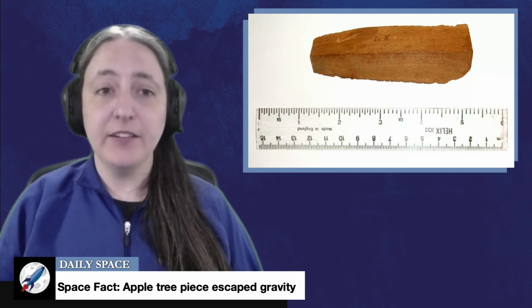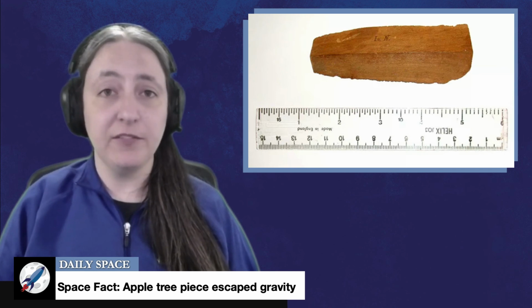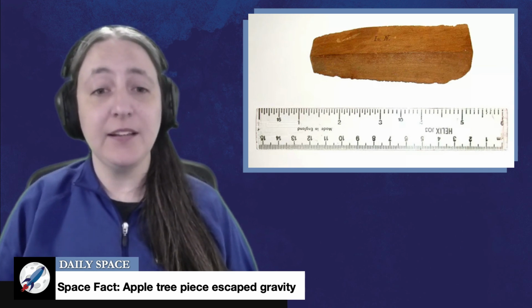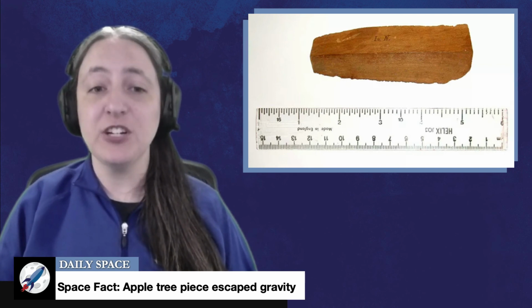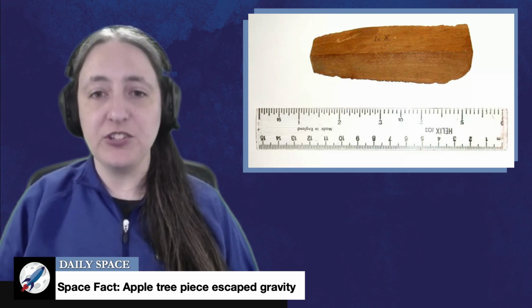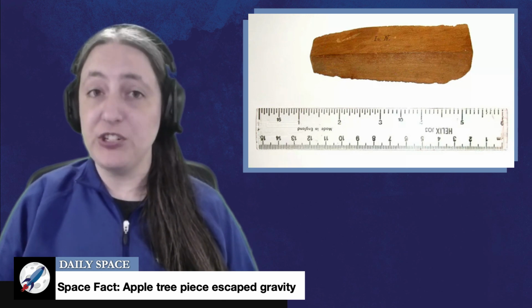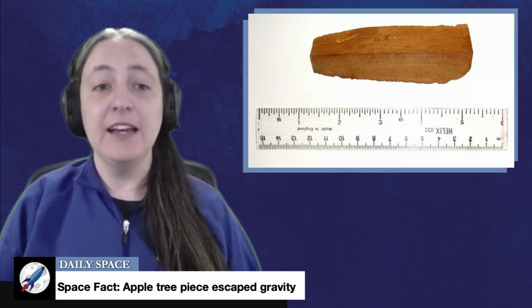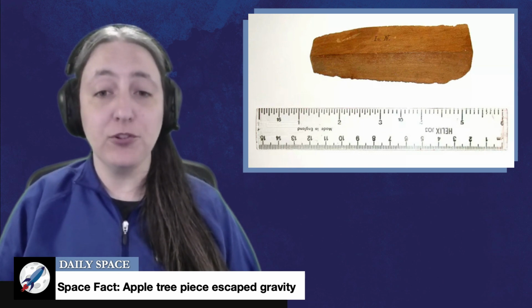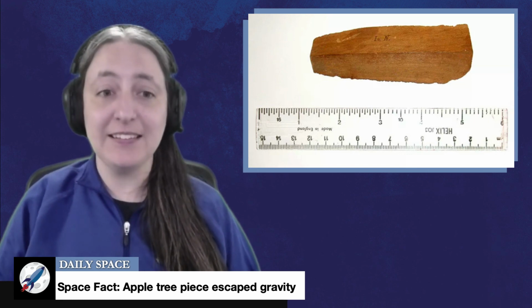And for our fact of the week, last week I told you about a couple of people whose ashes had flown into space. This week I want to tell you about a piece of an apple tree that flew on the space shuttle to the International Space Station. As part of the celebrations for the 350th anniversary of the Royal Society, of which Isaac Newton was a former president, NASA astronaut Piers Sellers brought a fragment of the apple tree that inspired Newton's discovery of gravity in 1666